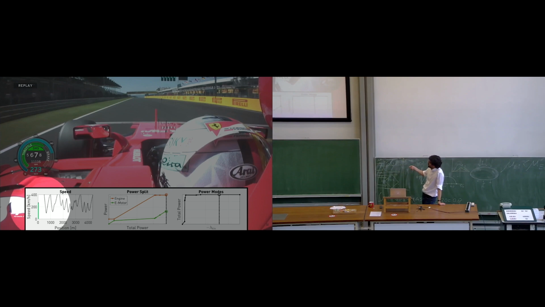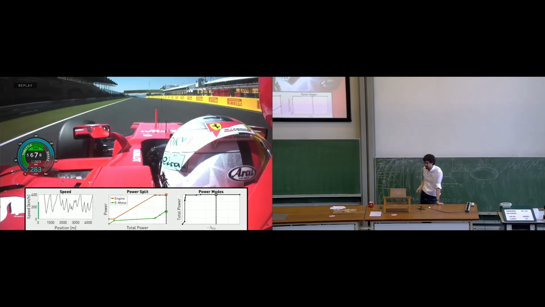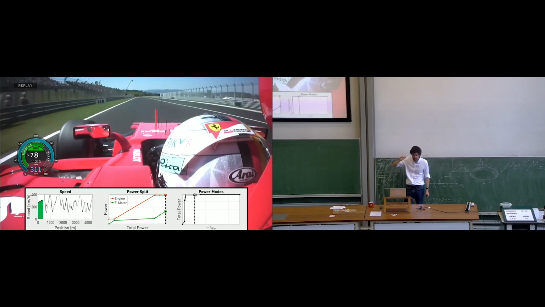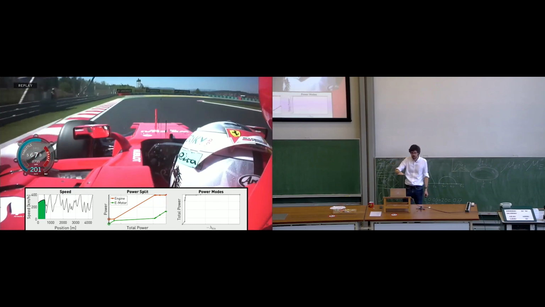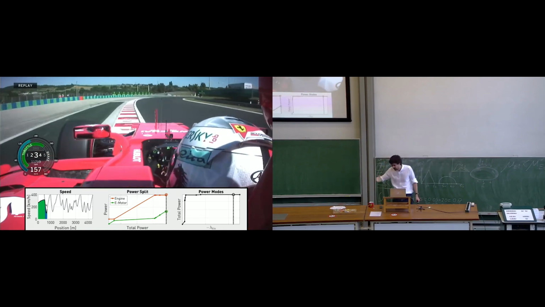Here you can see the speed of the car. Whenever the speed is green, the driver is at full throttle, we can reduce the total power. If that becomes blue in a corner, the driver requires less than 100%, we can only decide how much engine and how much electric motor, and it looks like this. See, full throttle, end of the straight, we reduce a bit the power. No longer full throttle, we can only decide the power split. And off to the next corner.